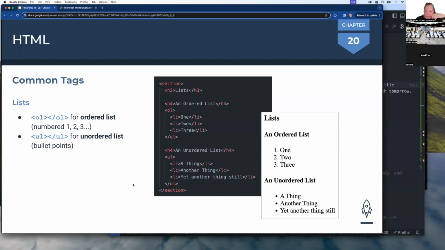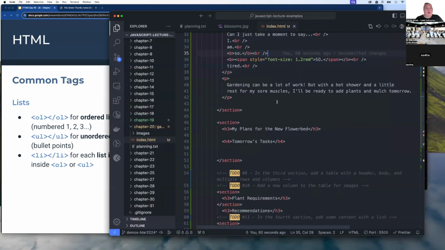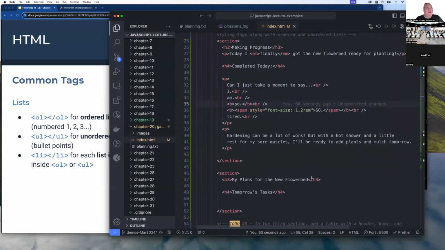In order to apply those numbers or bullets to each individual item in the list, you use LI for list item, and you just put a whole bunch of those in between the OL or the UL tags, and it lists them one by one. Okay. So let's take a look at how we can do this. Right up here in our very first section,